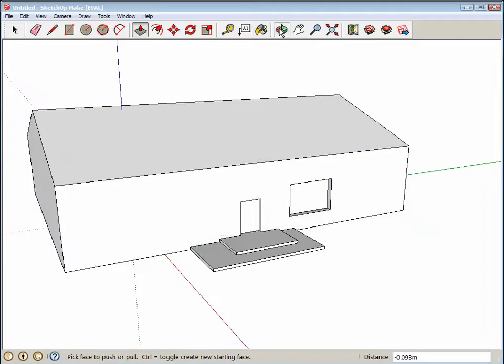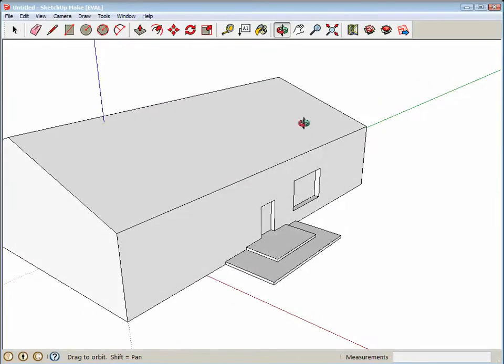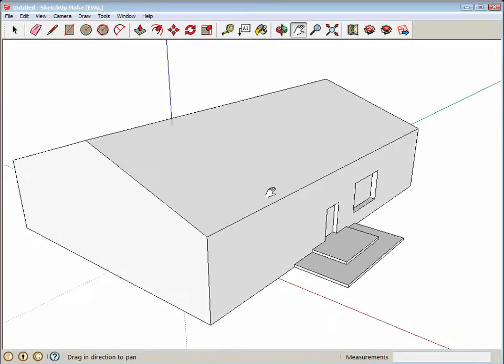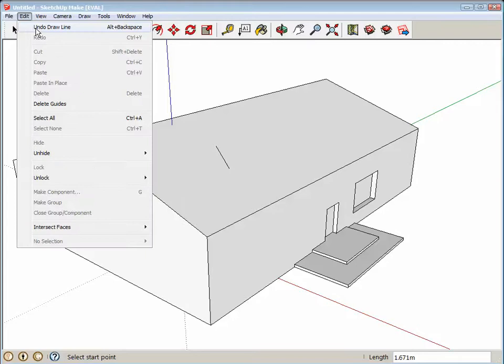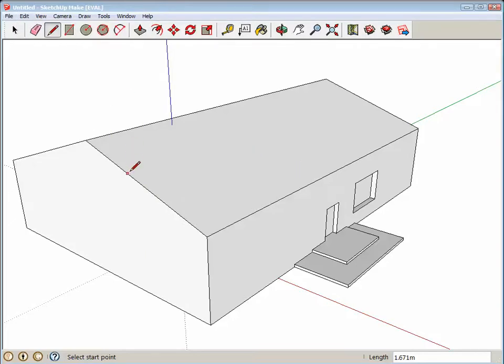Scroll back a little bit, orbit tool, rotate around, and just like I'm going to supply you with an additional video with more details, basically doing the same thing here. But I do want to point out that as they did, that you could start anywhere on the roof, and if you go up, you see it's a blue line. If I go over this way, it's parallel to the red axis like that, and parallel to the green axis like that. So I could draw a chimney out here in space, but I'm going to do something a little bit different. I'm going to hit escape right there, and then I'm going to hit, I wonder if the undo is up here. Undo draw line,